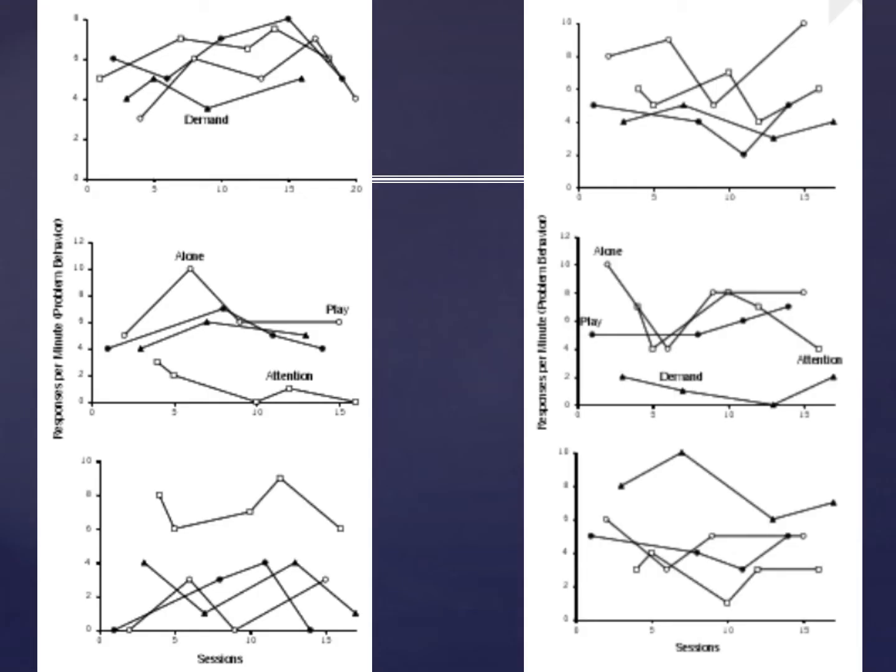These graphs show the result of functional analyses, which may suggest specific types of punishment that should be selected or avoided. In the top left panel, the data are undifferentiated. The function of the behavior is not clear. Should reprimands and physical contact be used to punish the behavior? No. If it was an effective punisher, we would see a decrease in responding in the attention condition. It's not contraindicated, but it won't work very well.